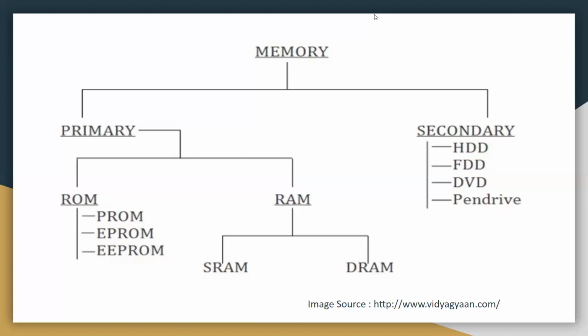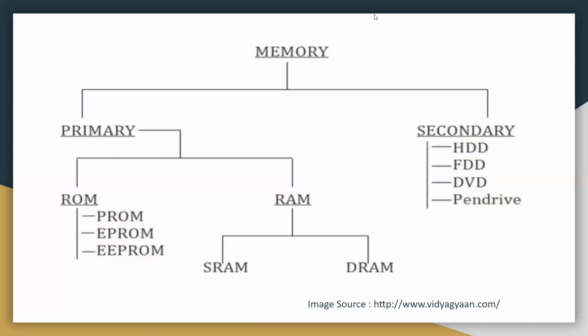When we talk about the characteristics of SRAM, it has a long life and doesn't require refreshing. It is faster to access. It can be used as a cache memory. It is expensive in nature, and last, it has higher power consumption. Let's move to the next, that is DRAM.